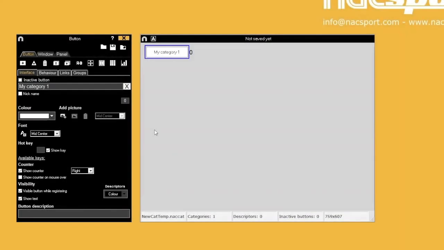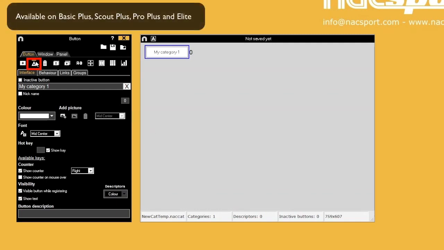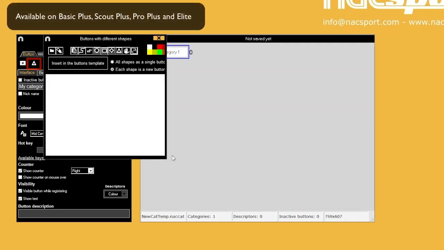This video is a follow-up to a previously released one called Basic Templates. We strongly recommend that you watch that video before this one. In this video we will look at creating templates in more detail using features that you may have not seen yet. With this button shape tool we can create buttons of different shapes and sizes rather than the usual four-sided